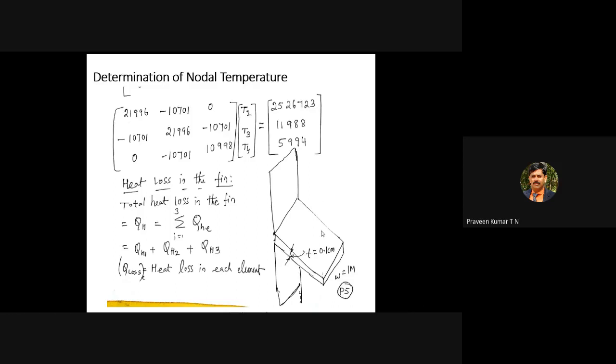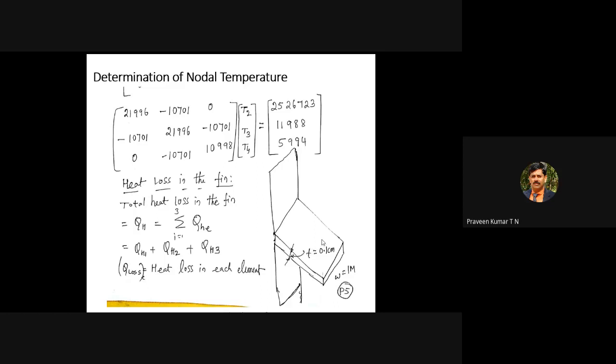You might have observed this in a two-wheeler also. If you have not observed, just observe closely. There are small projections, like small plates, welded or mounted on the outer surface of the engine. Now imagine this is the engine, and this is the outside surface of the engine. You are mounting the fins. Once you mount the fins, the surface area is different from the original surface area. Now the surface area increases. That is the purpose of using fins.